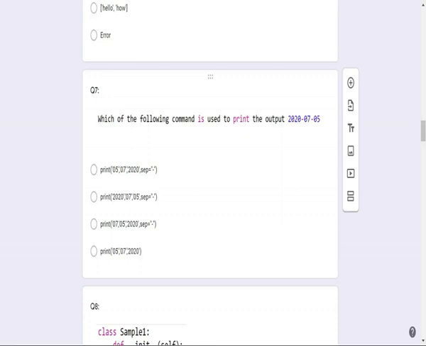And if you want to print these elements, you have to write in the reverse direction. So first we have to write 05 7 2020, and sep equal to hyphen. That means each and every element, this is a date, is printed in this format. If you write in this format, then only the date format is printed. Okay.